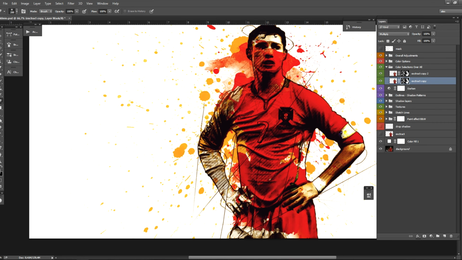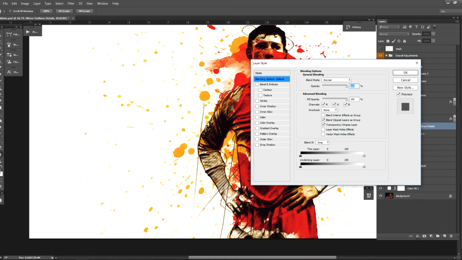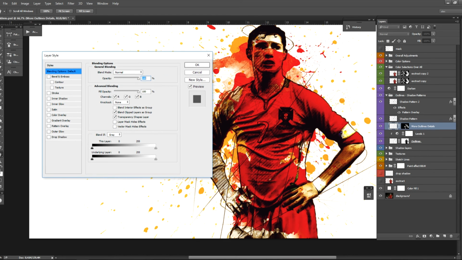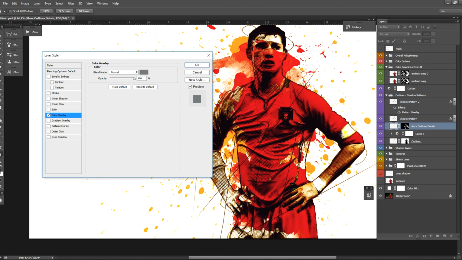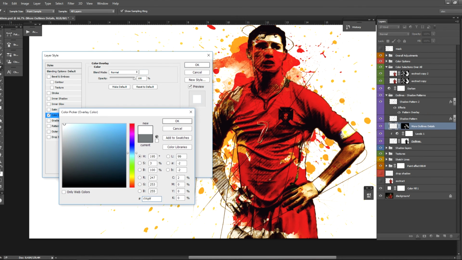Okay, now a nice thing you can do on your design, you can go on the outlines shadow patterns group and now go to the more outline details. Double click the layer and the layer styles menu will pop up. Select the color overlay, and on this style you can change the color of the outlines.